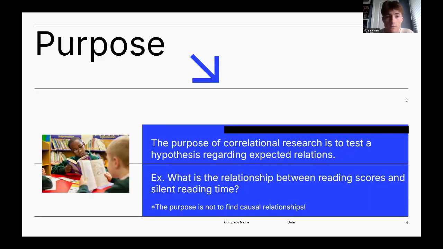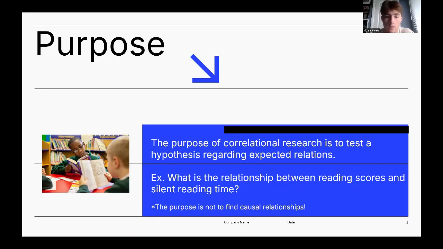The purpose of correlational studies is to test a hypothesis regarding expected results. So, the example here is what is the relationship between reading scores and silent reading time? That is an example of a research question in a correlational study. So, we take them at the same time. We ask students or observe how often do you read, and how long have you read, and correlate that with a test we give them to see how good